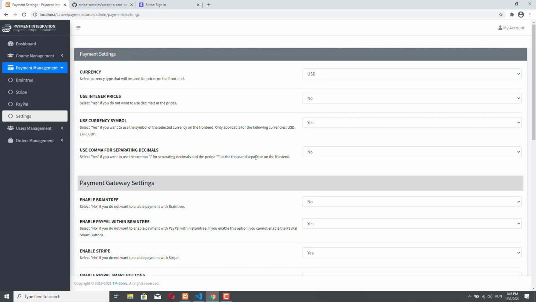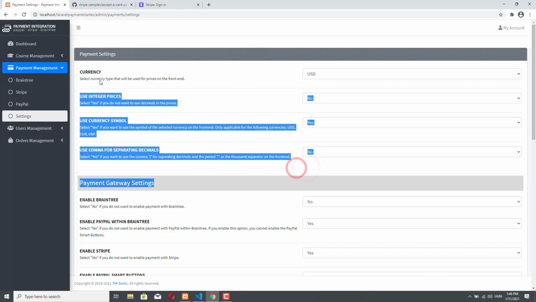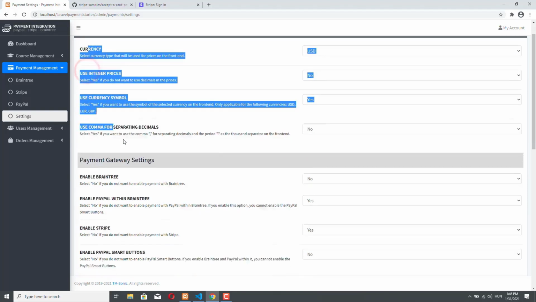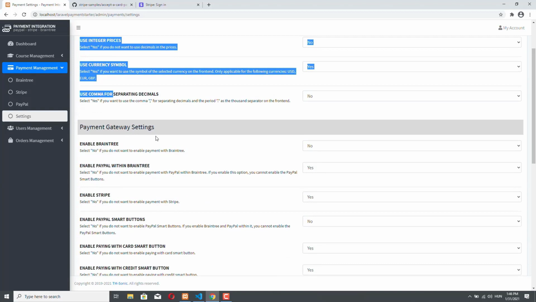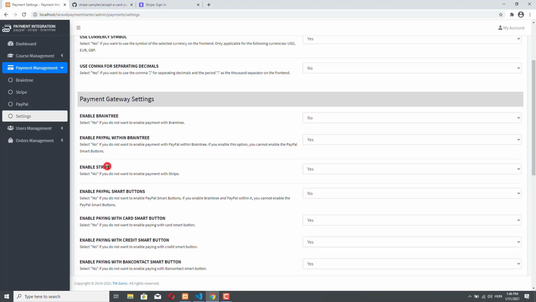However, if your customers are from Germany, then you might want to set this to yes, because in Germany, the usual way is to use the comma for separating the decimals and the period as a thousand separator. However, I will not change this. So these were the options for customizing your checkout, and in the payment gateway settings section, what we are interested